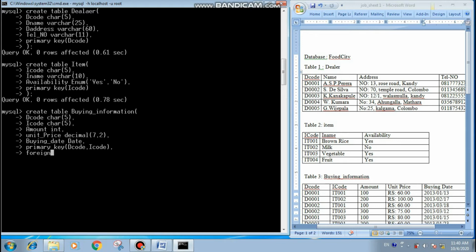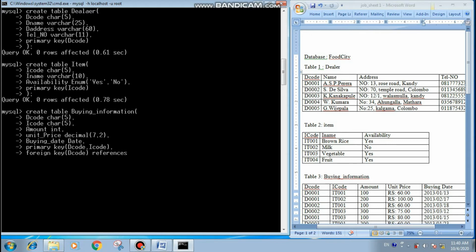Now I am going to make a connection between two tables. For that I am going to use the foreign key keyword. Then I open a bracket and inside that bracket I am going to put my table field, which is used to connect with the other table. Close the bracket.